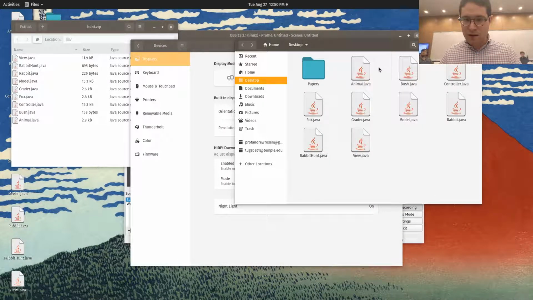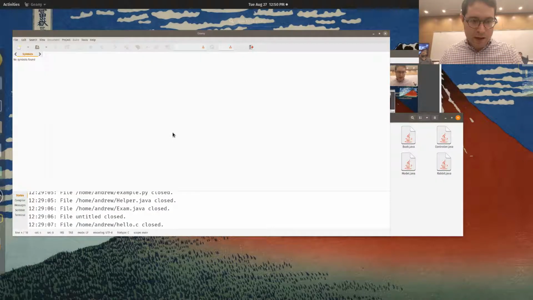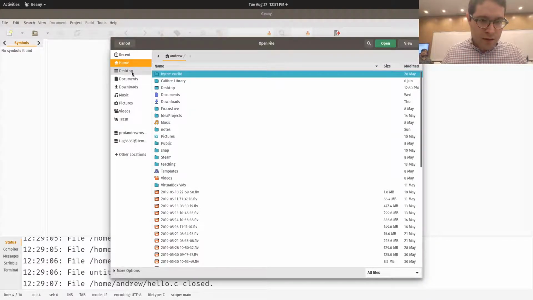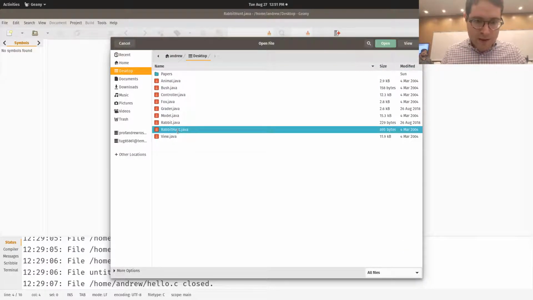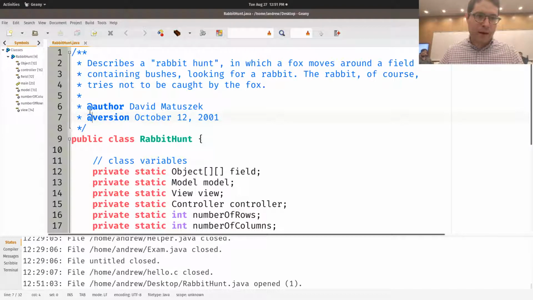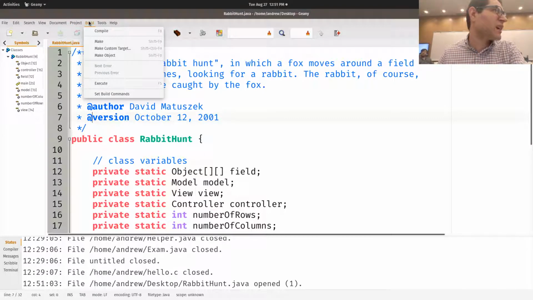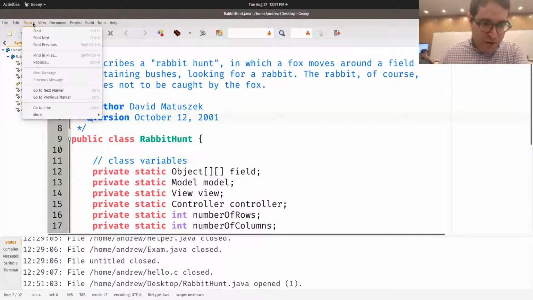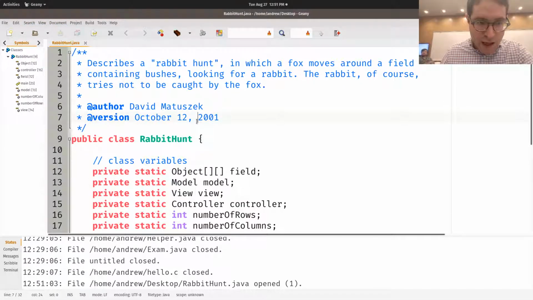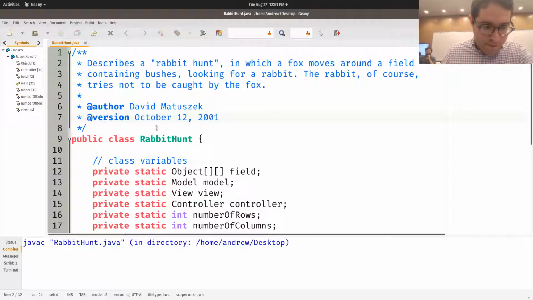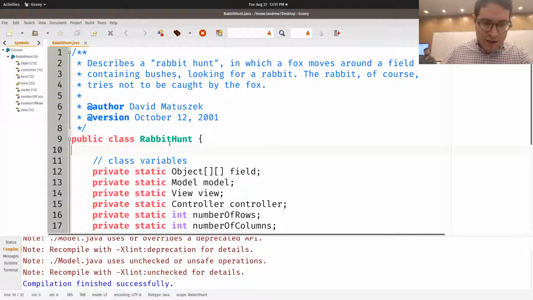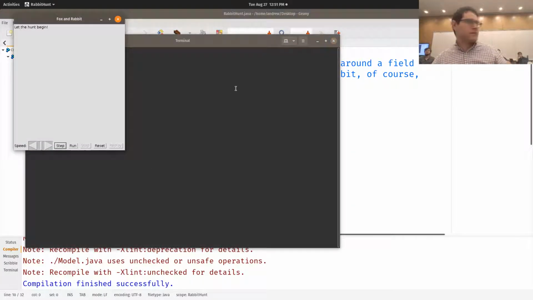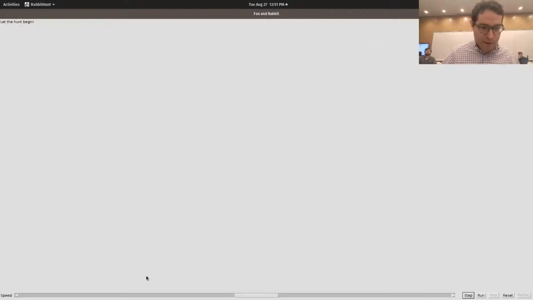So, okay, let's go and open up Geany, open desktop, so Rabbit Hunt. I'm normally going to be using IntelliJ to do this stuff, but just for speed's sake, I'm doing this, and I think, what, F8 to compile? Yeah, it's compiling. There we go, compiling successfully finished, and then run it. So, all right, it'll appear empty if you're using a Unix system at first, but that's okay.